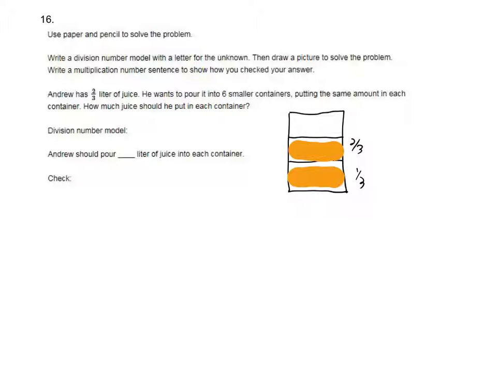Now we need to split this into 6 smaller containers. So what I'm going to do is take this picture and split it into 6 equal parts. Okay. Now what you can see here is we went from 2/3, but now I created a new fraction. If I counted, it would be 1, 2, 3, 4, 5, 6. Looks like 12/18 is my new fraction. And I got that number because there are 12 that are shaded in orange out of a total of 18